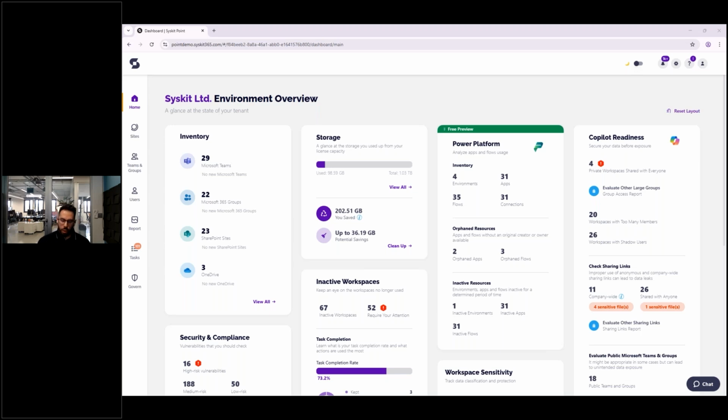So the main challenges we saw was the lack of visibility into usage and inventory, which means that usually a lot of people in the company have Power Platform licenses so they can create flows and apps and different resources, but unlike SharePoint, there isn't really a great way to see an overview of all of the resources that are being created, and that makes it very hard to manage, which leads to sprawl and also possible data and compliance risks. For example, like Gokan said, you can have some sensitive and premium connectors. You can also have some unauthorized usage.